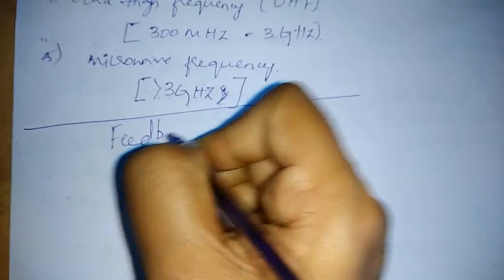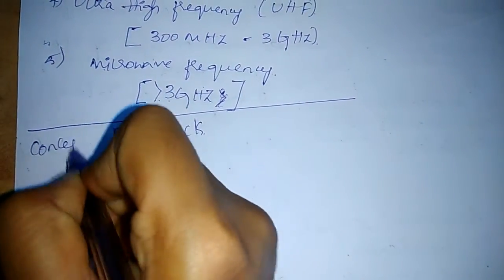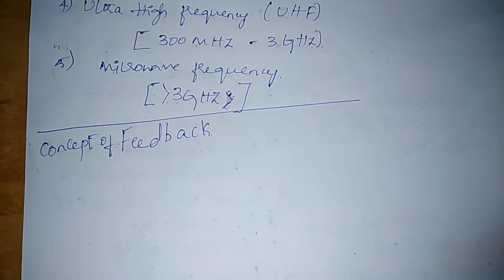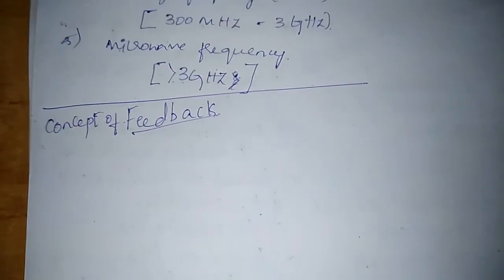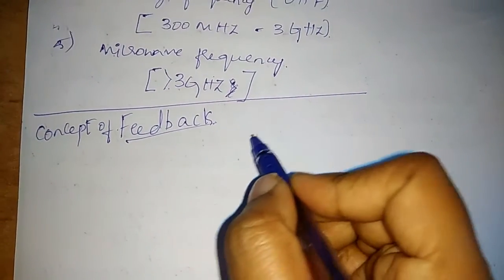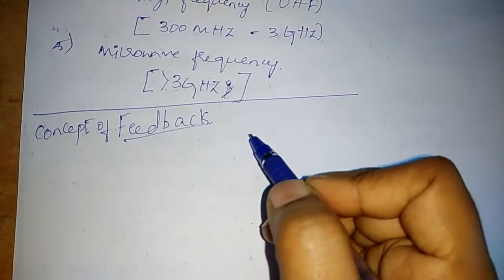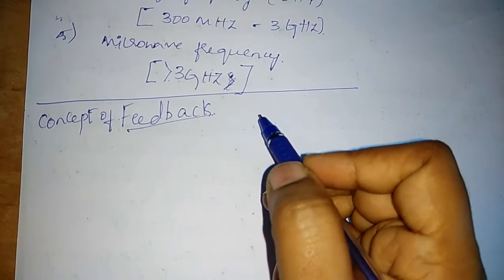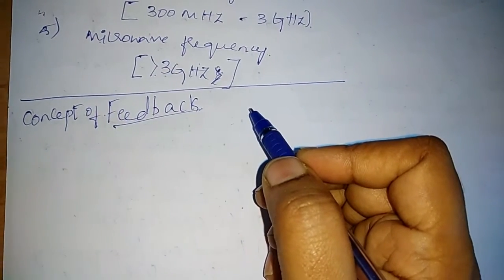Which type of feedback is used in the oscillator? That is the concept of feedback, that is, what type of feedback is connected in oscillators. Why we have to use feedback, I already explained when we were discussing the feedback amplifier. In the case of oscillators also we will be using feedback. The need of feedback is to improve the performance of a device. In general, I am talking about it may be an oscillator or it may be an amplifier.